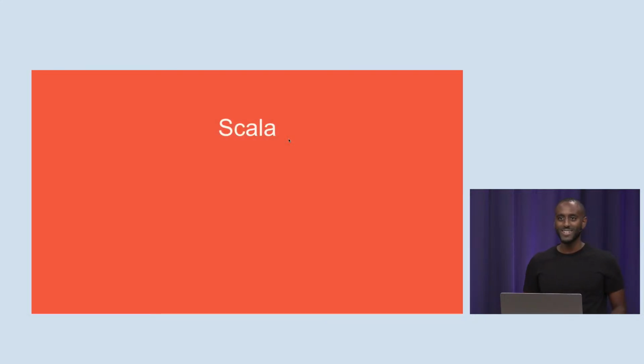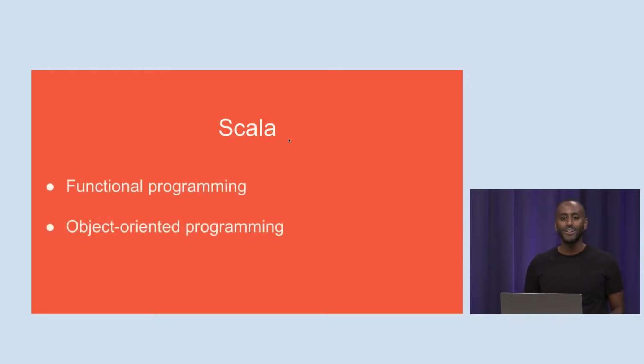So first, let's talk about Scala. Scala is a language that was created by Martin Odersky, and he set out to create a language that wants to be a mixture between two different programming language paradigms. He thought that object-oriented programming and functional programming are complementary rather than contradictory. His idea was that we could use functional programming for transforming and modeling data, and we can use object-oriented programming to organize and structure our codebase.